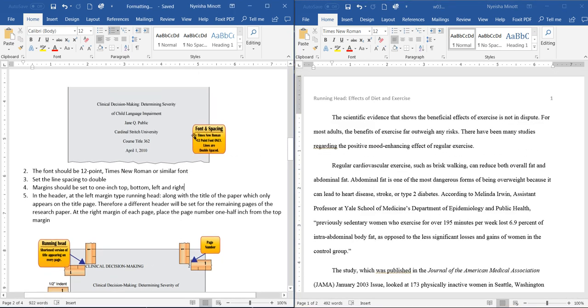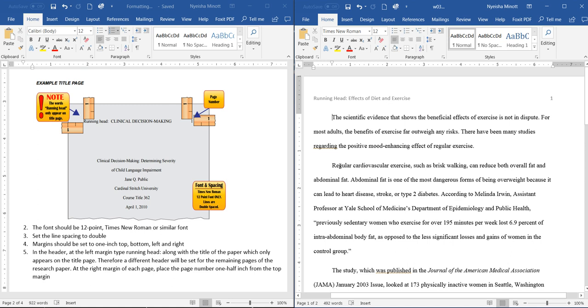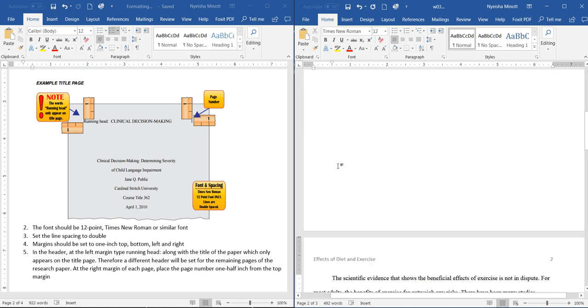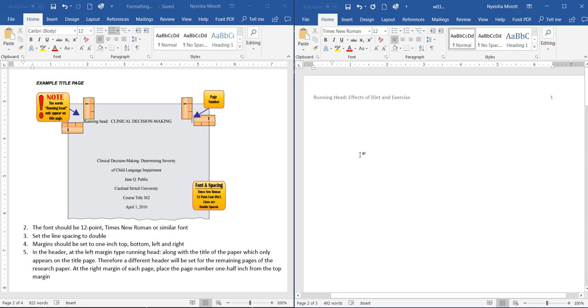Now what of the title of the paper? APA style wants a whole separate page for the title information. So I'm going to use the shortcut keys Control and Enter to send the body of the paper down so that we have space for page 1, which is our title page. This page should be centered using shortcut keys Control and E, and press Enter just to move the lines down a bit. On this page, you will have